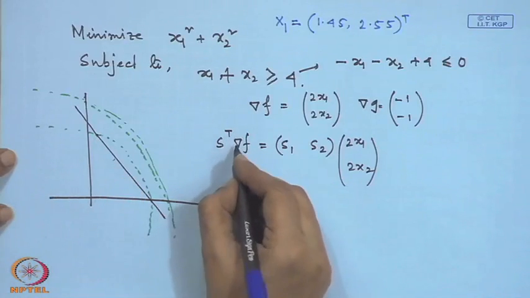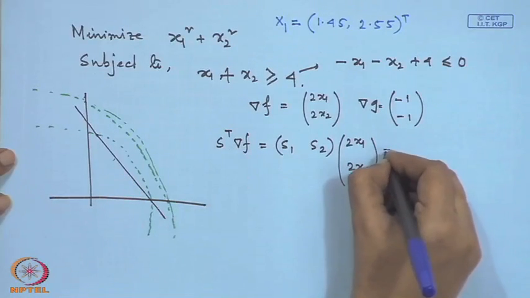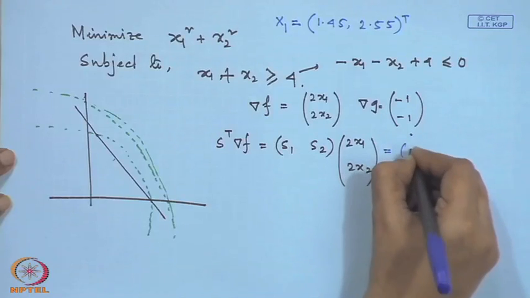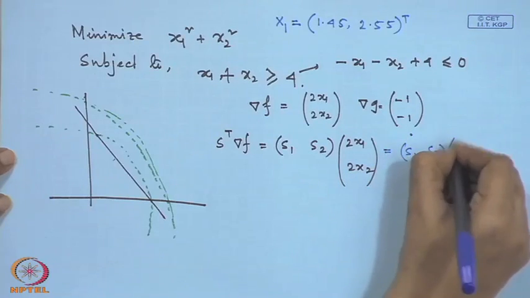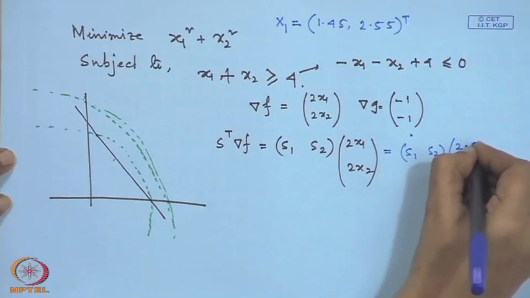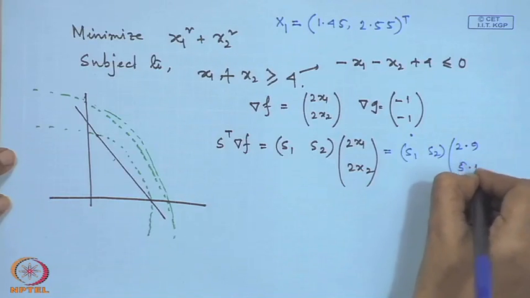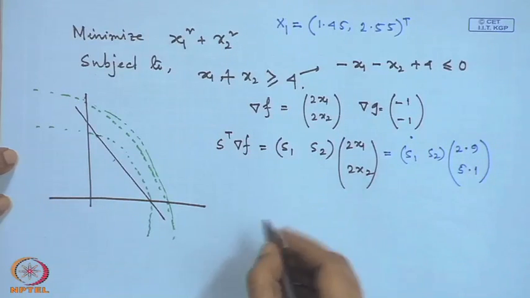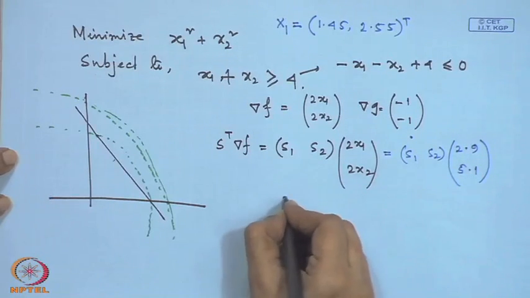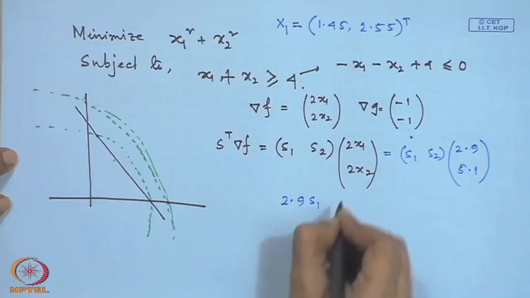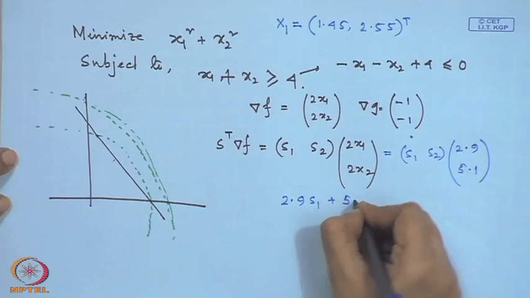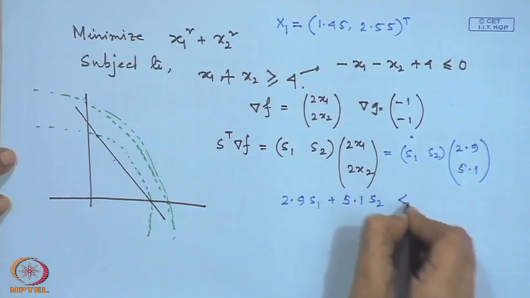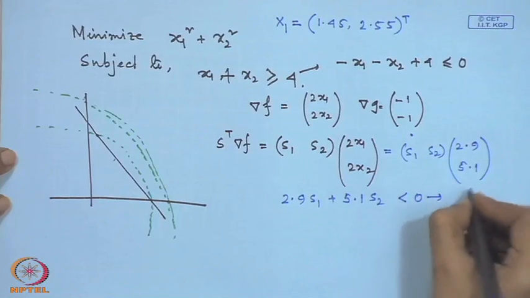Then we can see that S transpose grad f for this point is coming as S1 S2 times (2.9, 5.1). Now, we can say that 2.9 S1 plus 5.1 S2 less than 0, it is the